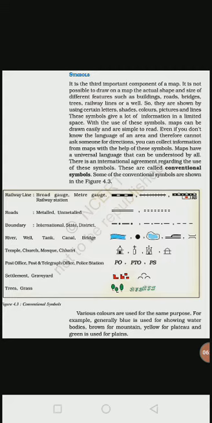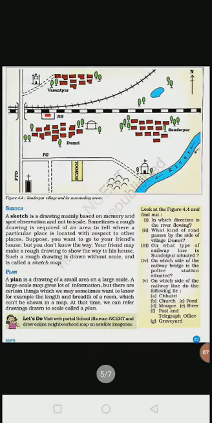See students, because on a map we have limited space, on that limited space, if we want to draw all these things, we can use the given symbols. So students, you should draw all these symbols in your SST geography notebook, because this is very important for our exams. So draw all these symbols in your notebook.